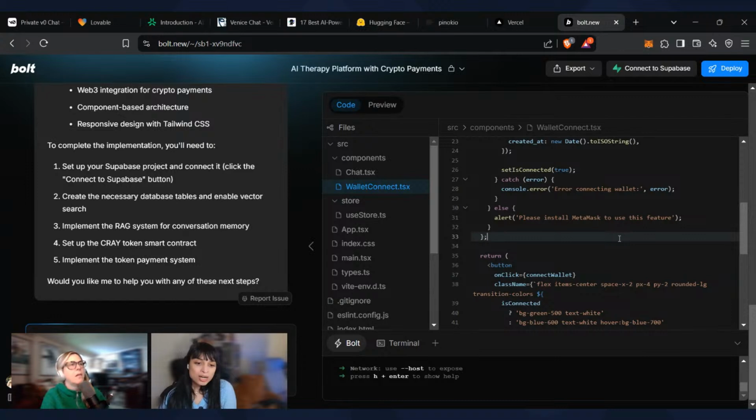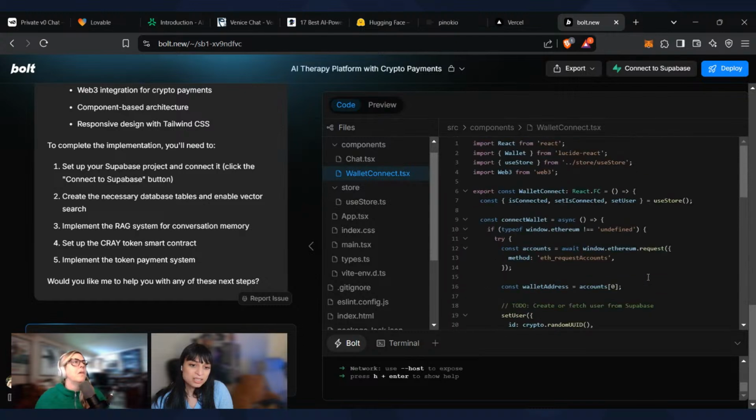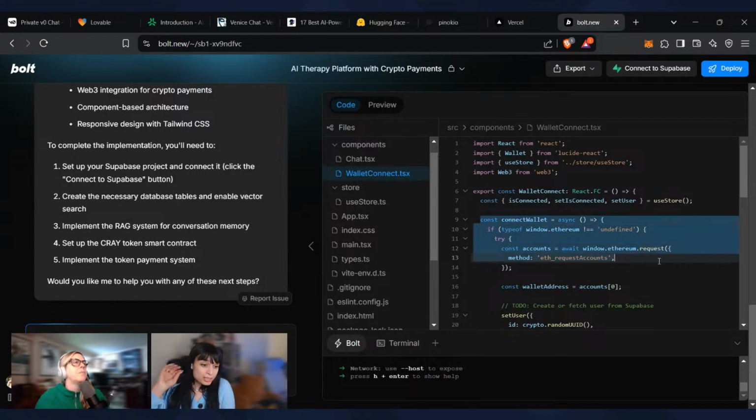So the button has an on click, which is a handler for an action. If you look at connect wallet, you can see that's actually an action being taken, and that action is going to be at the top of this file. It says connectWallet is equal to async blah blah blah. Whenever you press that button, it'll try to connect the wallet. If you don't do that and just have connect wallet sitting there, calling it right after, it'll just keep calling it and completely destroy everything. So you don't want to do that.